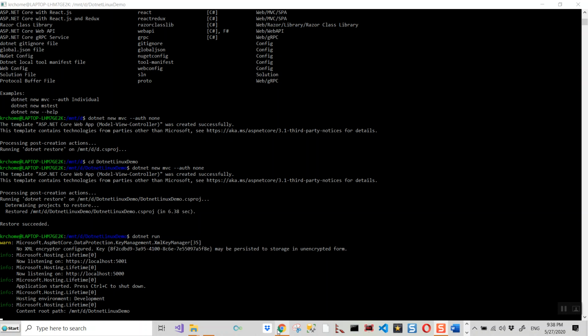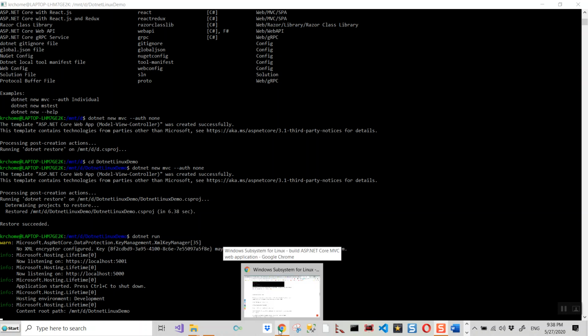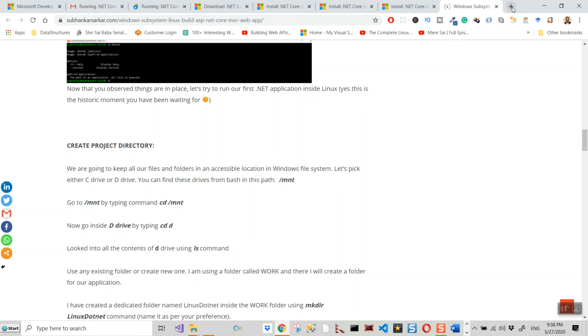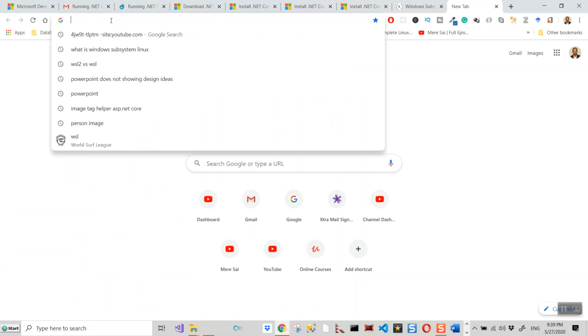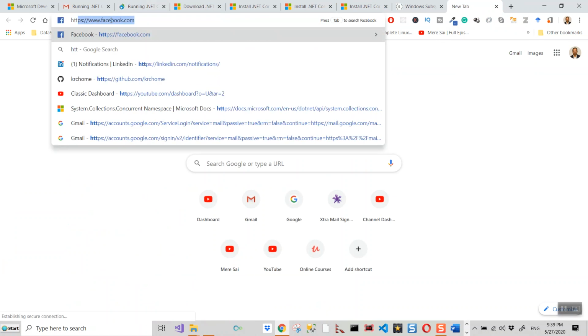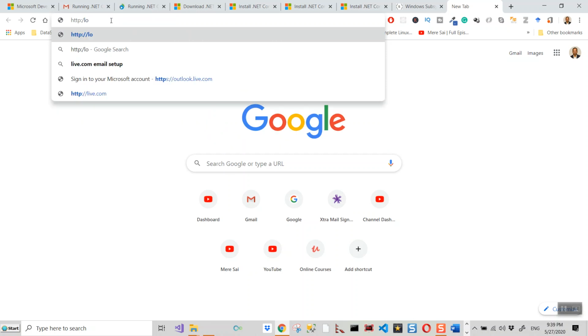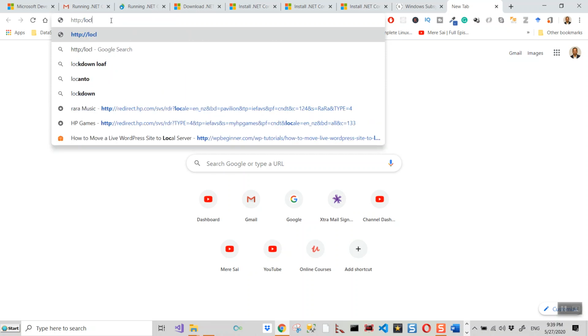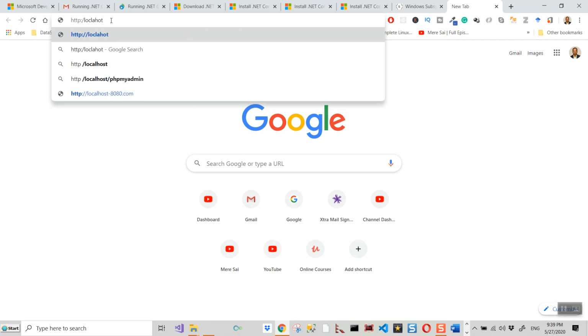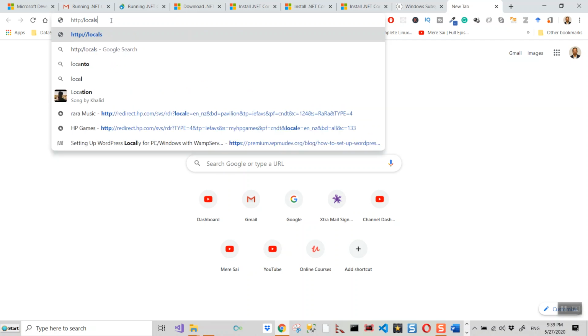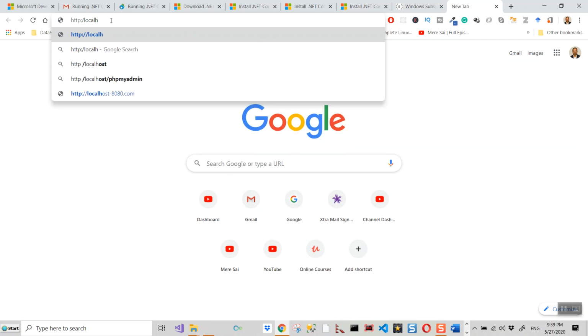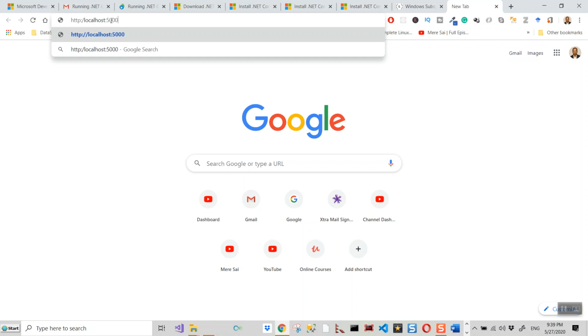So let me open a browser window and browse to those locations. So this is HTTP, localhost:5000.